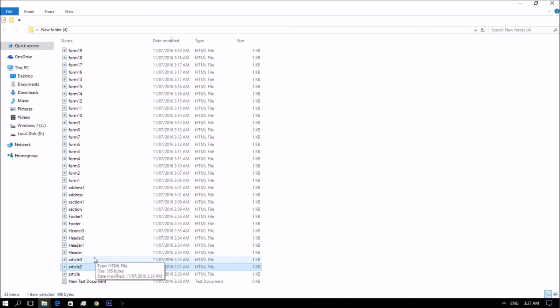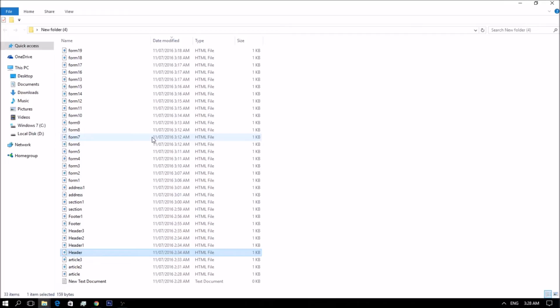So let's now move on to the header element. The header element is a bit ambiguous as it can be used in different kinds of ways.